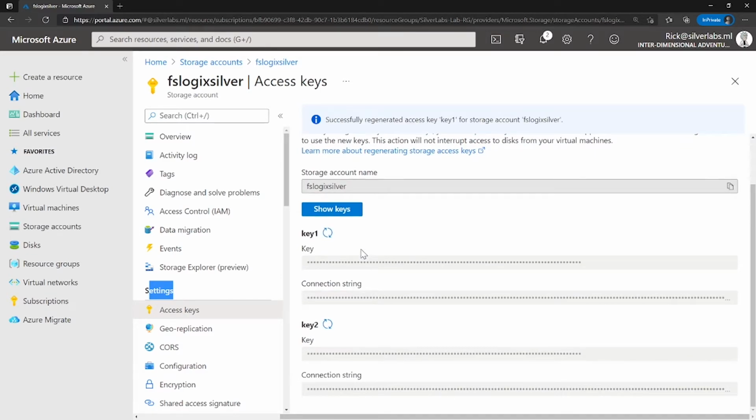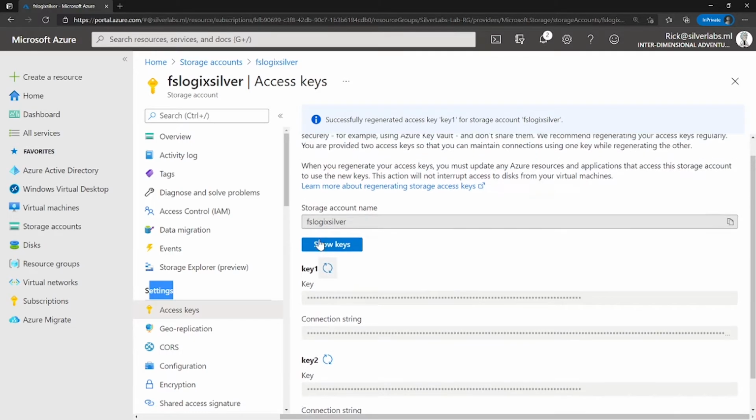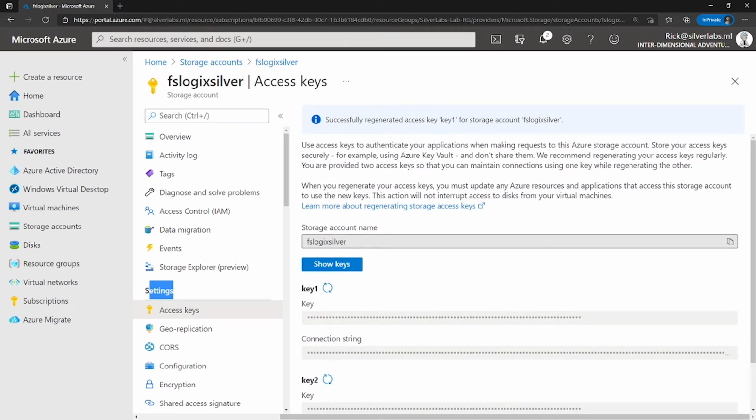And you must regenerate your storage keys if someone managed to hack into your application and retrieve the key that was hard-coded or saved in a configuration file. Please note that any client attempting to use the old key value will be refused. You must make sure to identify all clients using the shared key and update them to keep them operational.